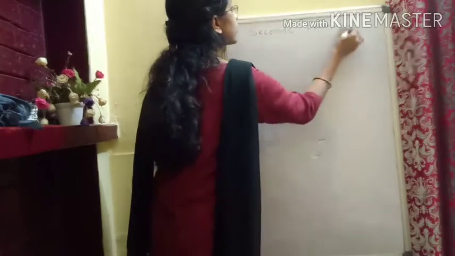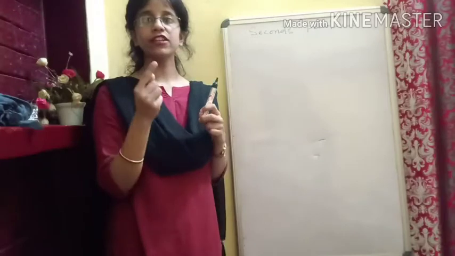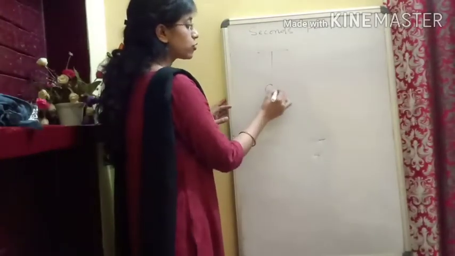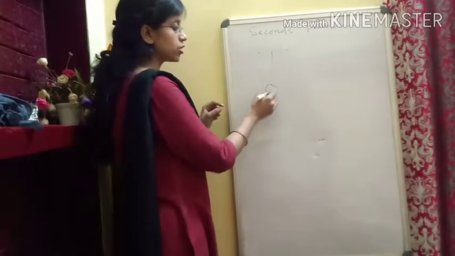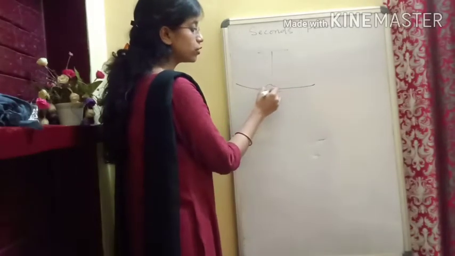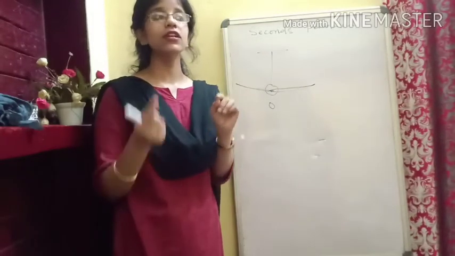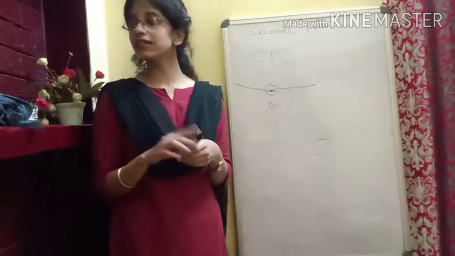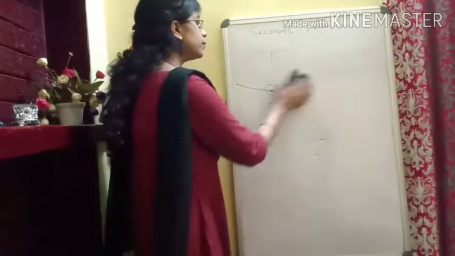Now what is a seconds pendulum? Before I tell you what a seconds pendulum is, can you recall the definition of time period of a pendulum? Time period is that if you have a pendulum, it will complete one oscillation. Let's say this is the mean position, it will come here and go back to the mean position, it will go to that side and come back to the mean position. This is one oscillation. And if you can recall the definition, the time taken to complete one oscillation is known as its time period. That is, whatever time it takes, that will be its time period.